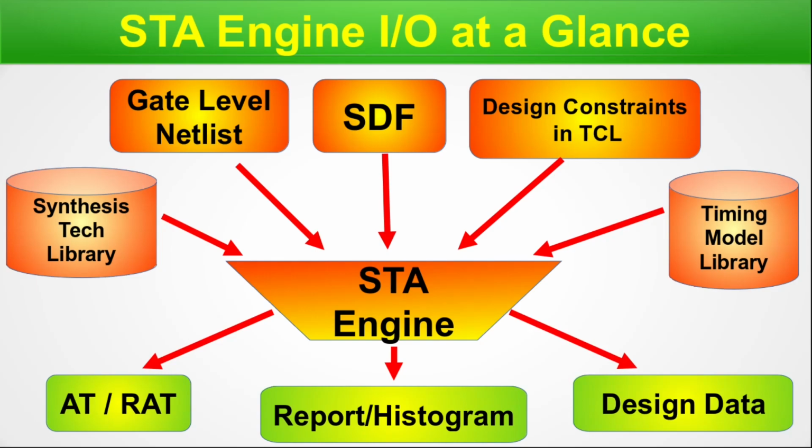The last one you can say is the design data. This design data comes through the Tcl interface, and in case you have not seen the first episode on Tcl on this channel, the link is given in the description, so you can go there and see the episode. I have explained there in vivid detail how this type of design data is processed through the STA engine APIs. So here we have the entire picture of what the inputs and outputs of an STA engine are.